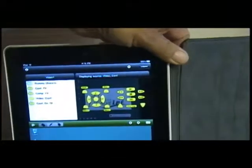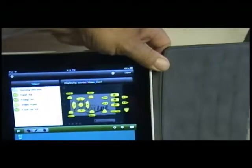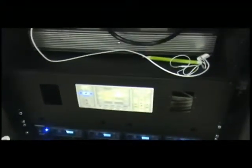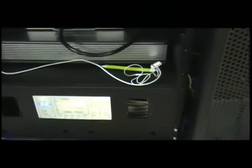And one neat little thing about this is if I turn it sideways, you can see on top, all the yellow buttons on the left are the remotes, which is the same as under the panel right up front. So as I walk around with the iPad, I can easily control all the remotes that they used to have to walk around by hand to control the video conferencing. They now do it all on the iPad. And instead of using